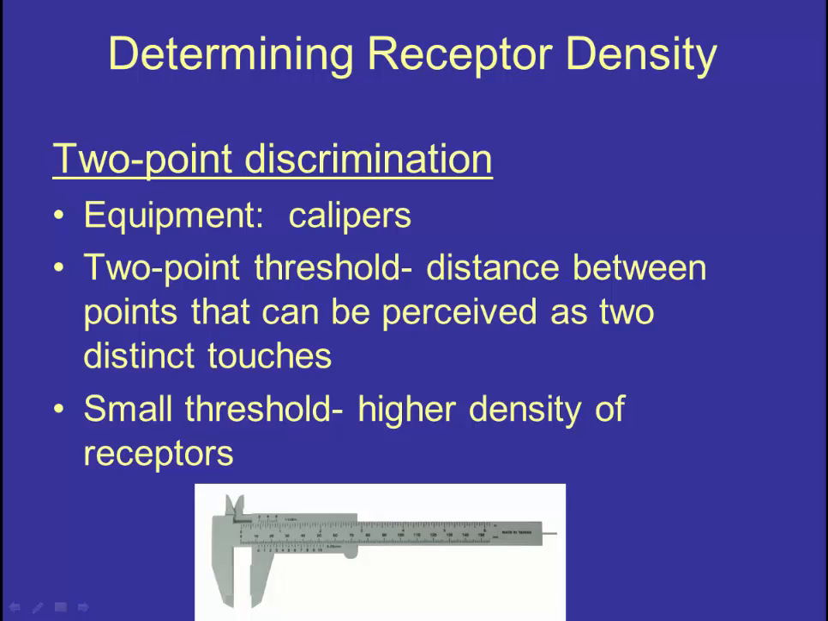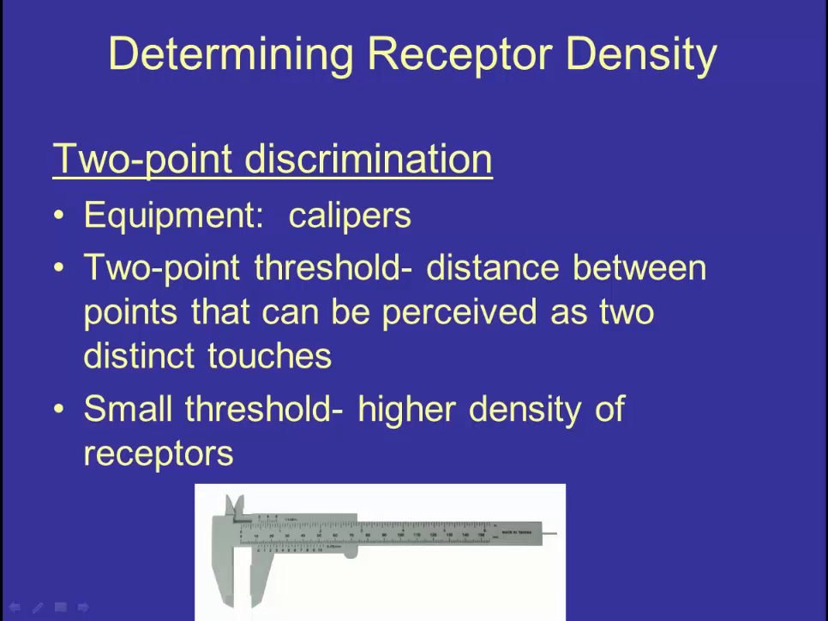For each of these, you should understand the equipment being used, how the test is performed, and what the results indicate. In the two-point discrimination, we will use calipers, where you take these pointy edges and you slowly pull them apart and tap them on your lab partner's skin until they tell you it feels like two different points. Once they tell you it feels like two different points, you will record the measurement